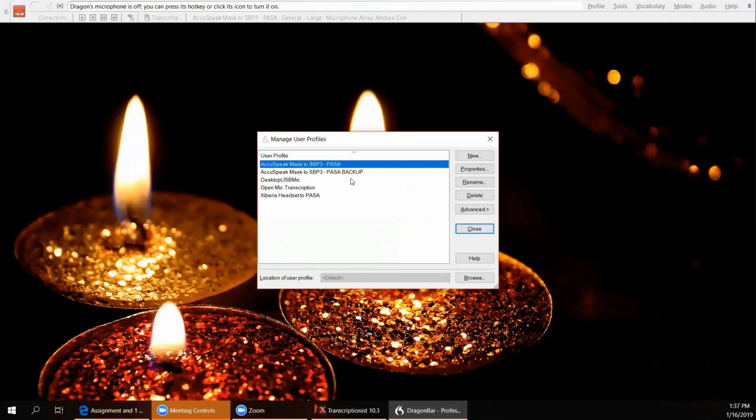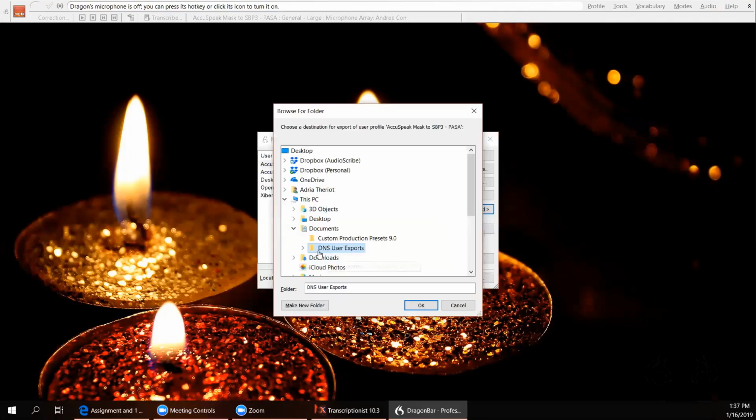So let's say that I wanted to create another user from my mask user, maybe one that has less information in the vocabulary editor. So I'm going to make sure that first I've exported the user profile as we did earlier. So I would click on the user, click on Advanced and Export it to the folder I created earlier